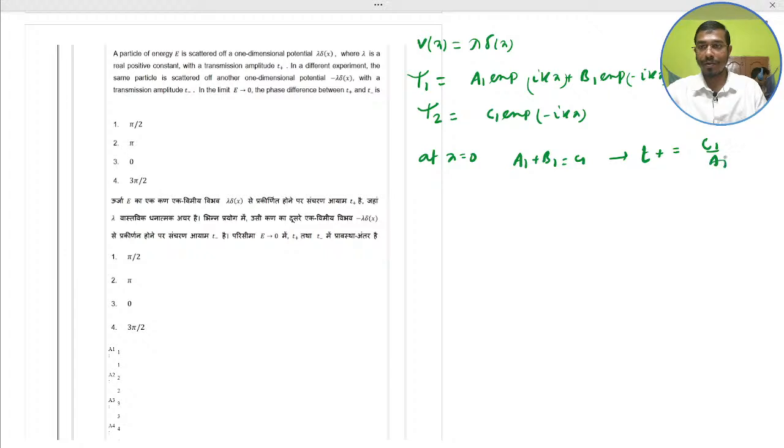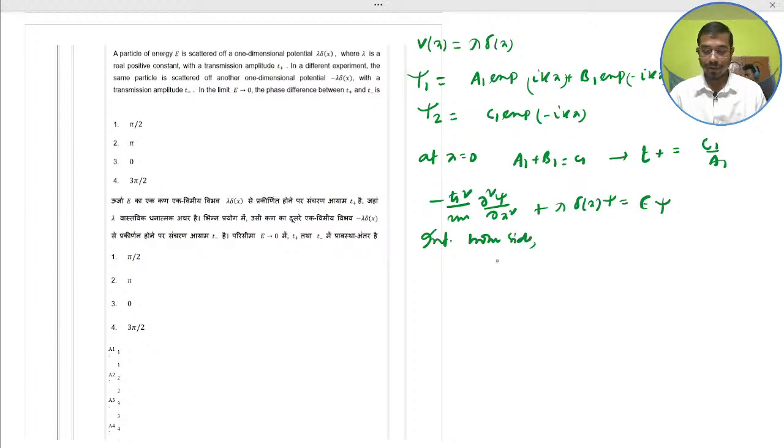And here T plus is c1 by a1. Now write the Schrödinger equation: minus h cross square by 2m d square psi by dx square plus lambda delta(x) psi is equal to E psi. Equation of conservation of energy. Integrate both sides and put this limit. Okay, integrate both sides, you would get the value of